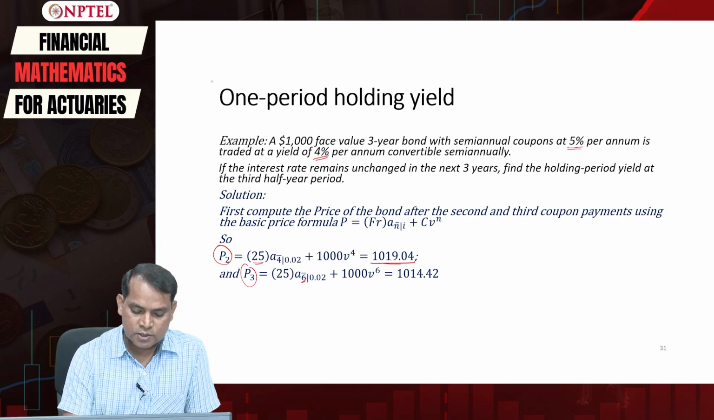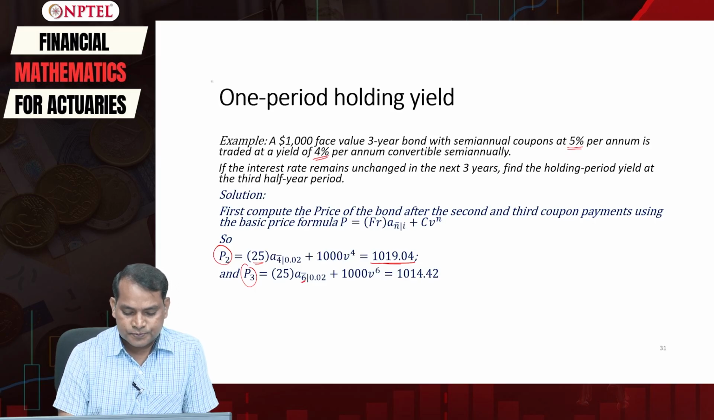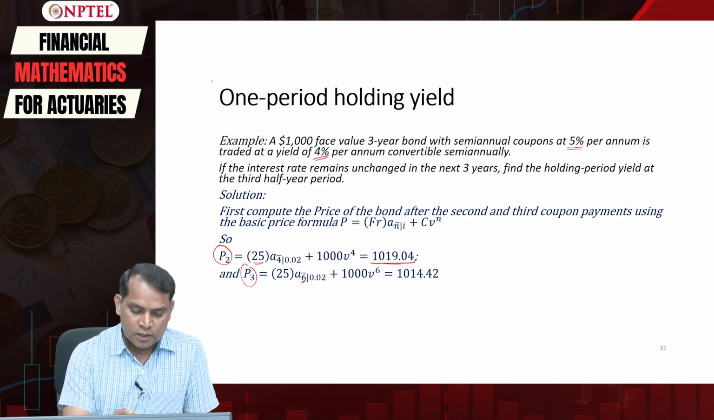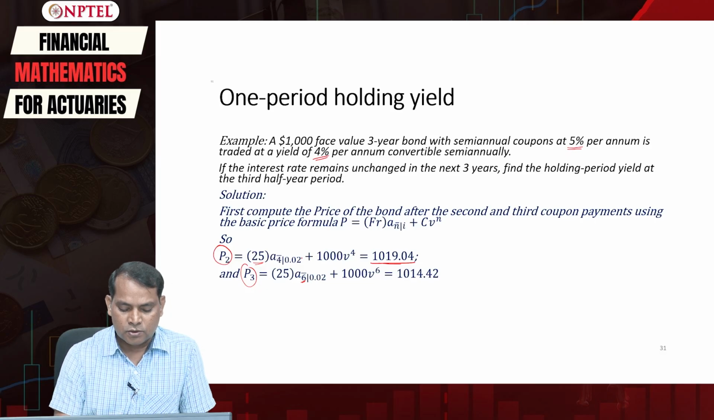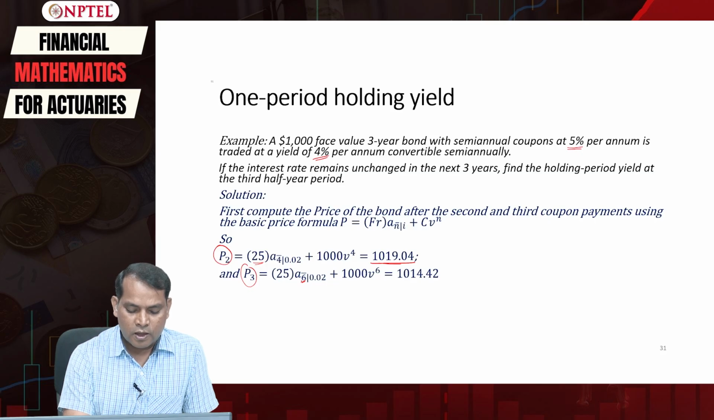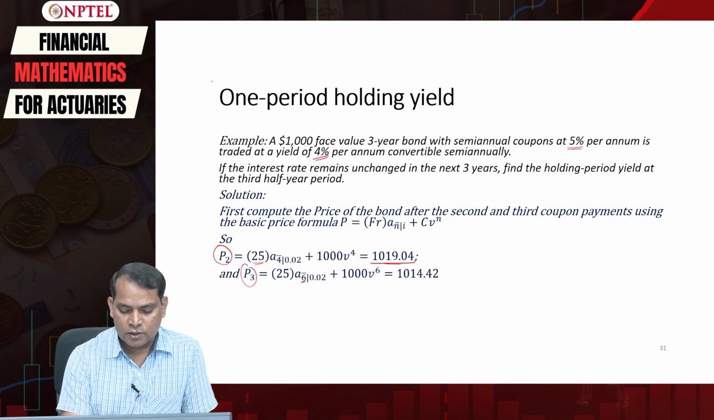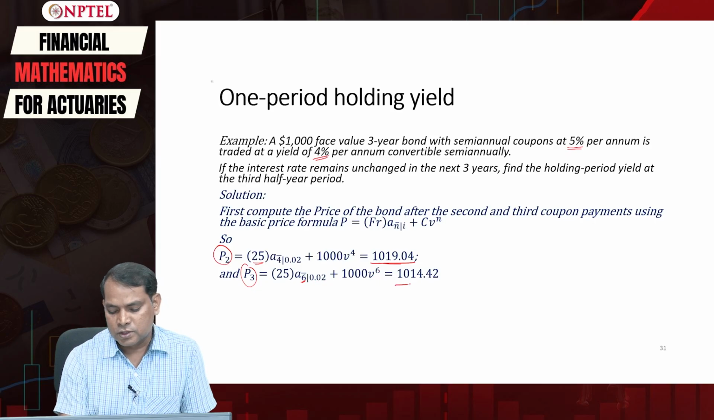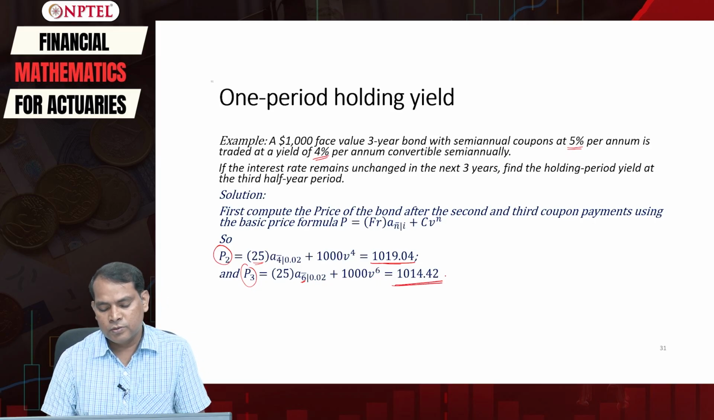So, n is equal to 6 here, and the yield rate is like 4 divided by 2, so we will have 0.02, similar to here. So 25 times a angle 6 at 0.02 plus 1000 v to the power 6, we will get the value of